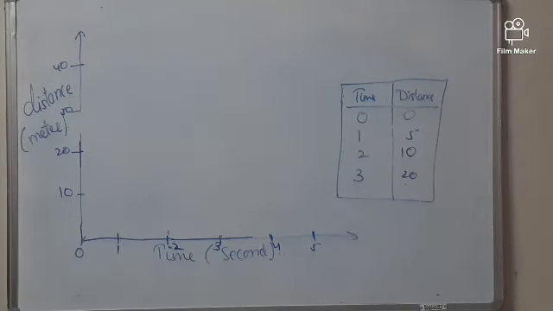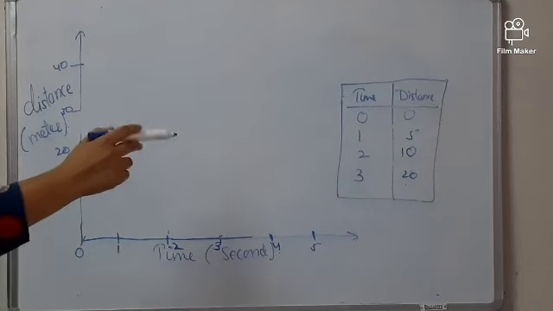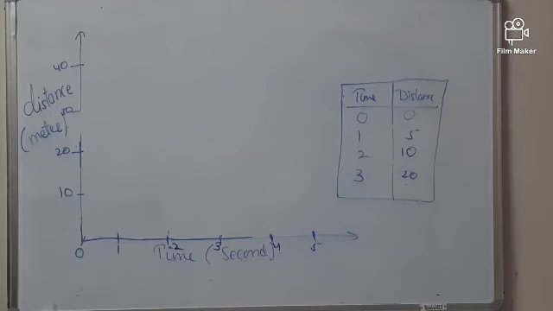So next we are going to do the distance time graph for non-uniform motion. Again, if you look at the table, it's written distance and time. When the time is 0, distance is 0. Time increased by 1 factor, that is 1 second. The distance increased by 5 meter. Time again increased by 1, from 1 to 2 seconds. Distance increased from 5 to 10. Time increases from 2 to 3, again by a factor of 1. But now the distance increases from 10 meter to 20 meter. It means there is a variation.